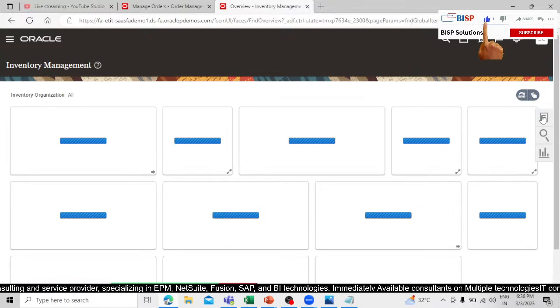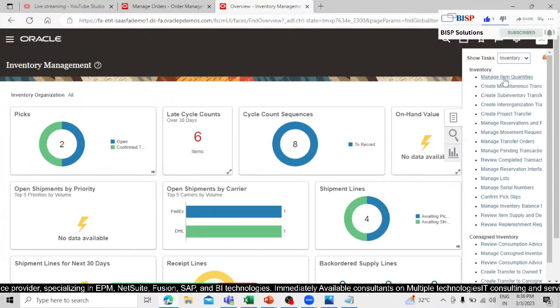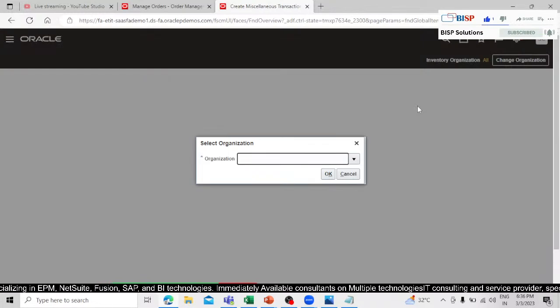Click on this task list and click on this miscellaneous transaction, right? So 001 is our inventory organization,